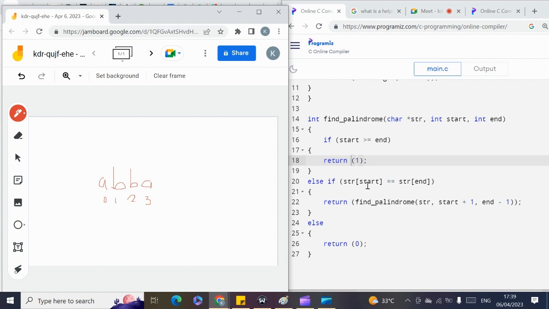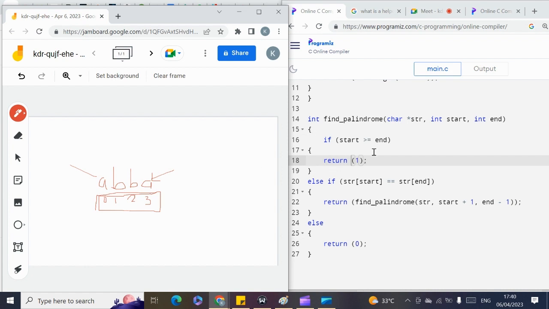Let me look at it from the index. If start starts from here, then end will be here. If start is greater or equal to end,